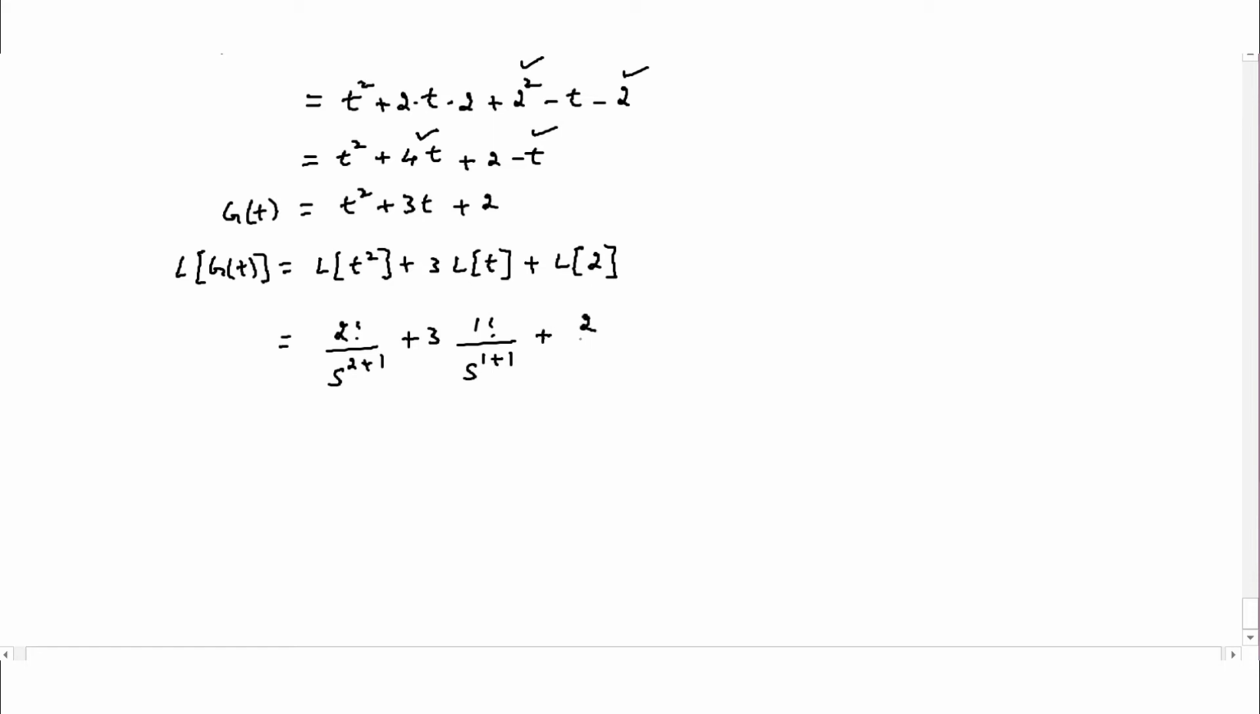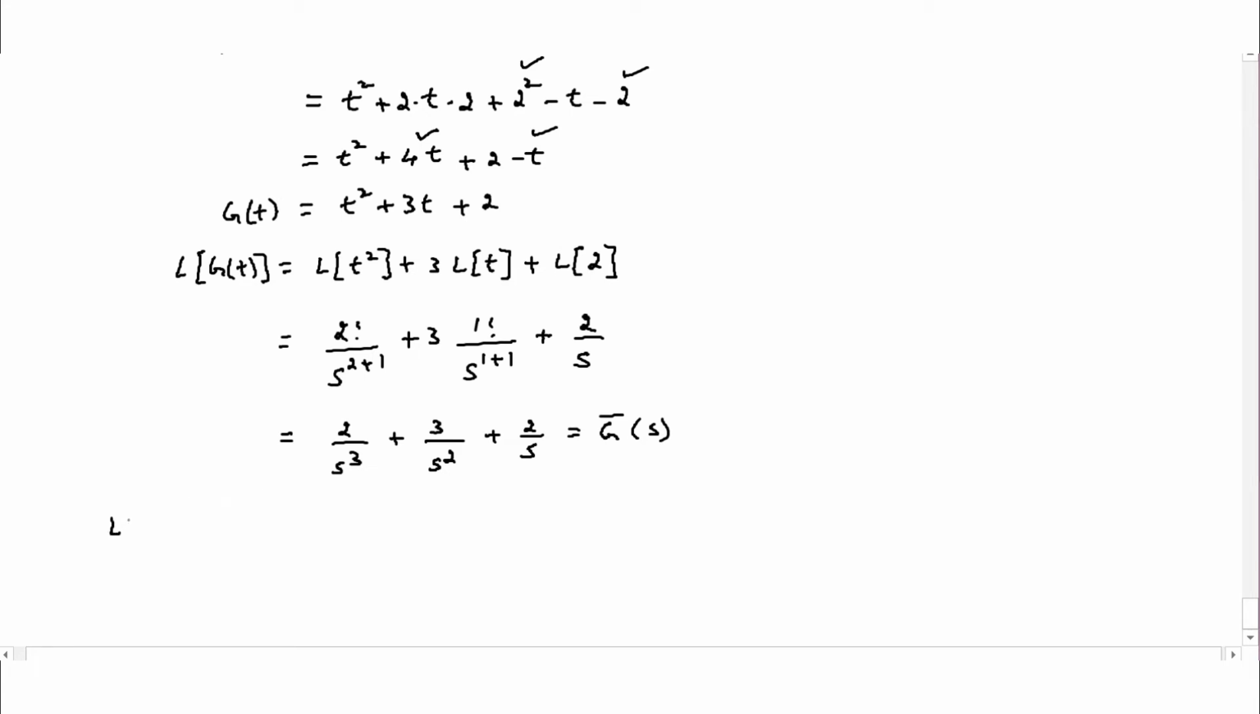A value over here is 2. So 2 factorial is 2 by s cube plus 3 by s square plus 2 by s. So this represents your g bar of s. Now if you try to use the property over here,